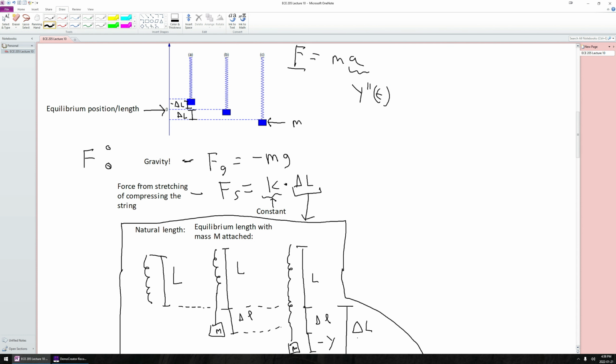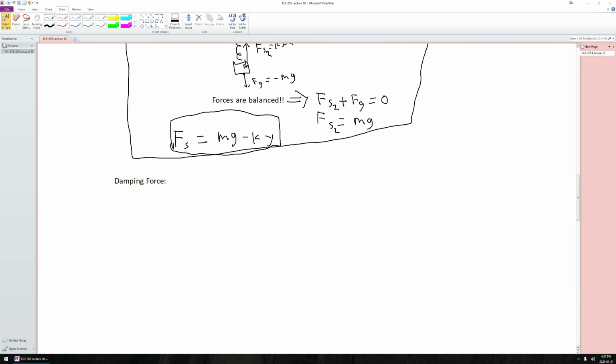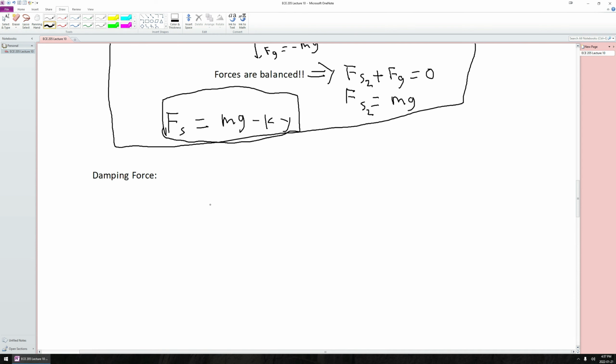Okay, so now we've covered gravity and we've covered the force of stretching and compressing of the spring. Is there anything else that can happen here? Well, in general, if I have a moving object, kind of tying into your assignment 2, I could have some type of air resistance or some type of dampening force fighting the act of motion. So in addition to the 2 points above, we have this dampening force. So the natural question to ask is, well, if we have this dampening force, what is it equal to? Well, here we're just going to give you this, but it's natural to think that, hey, if I have some kind of resistance to motion, then it should be